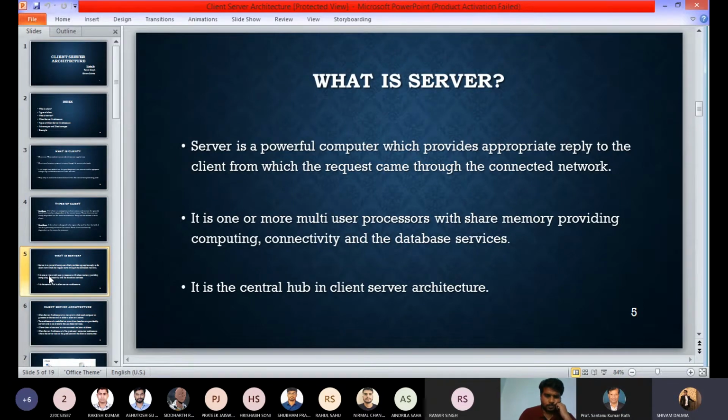We know that a client is an interface that fulfills the demands and needs of the user. But without the help of the servers, your client is nothing, because a server is burdened by all the hard work and the calculation that we do. Like, for example, the Facebook login page example I told you about: when we type in our email ID and password, the client just gives the information to the server, but it is the server that cross-checks all the things, whether the email ID is right or wrong, and whether the email ID and the password match or not.